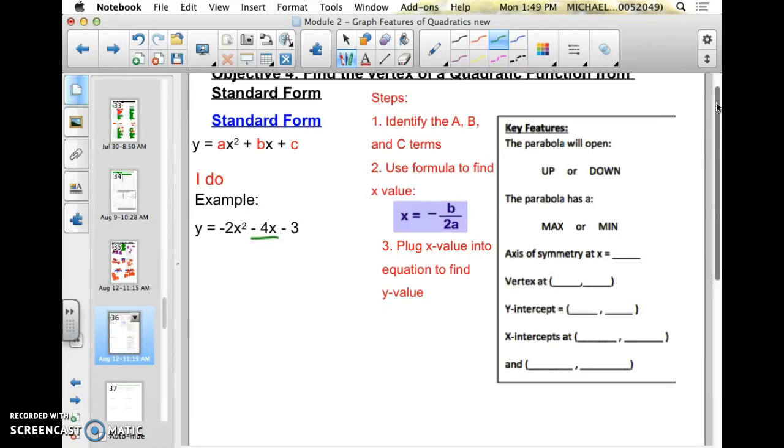So standard form is written highest power to lowest power in descending order like that, right? And it has three terms, and it mimics the standard form of y equals ax squared plus bx plus c. That's how I determined that it is standard form that I'm working with, and now I can find